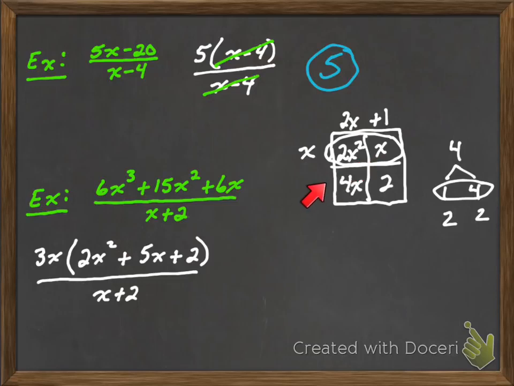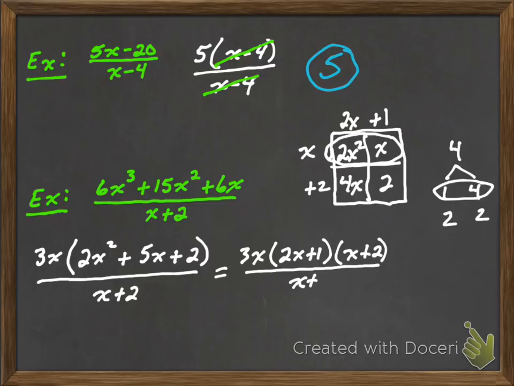And then right here, a 2 times a 2x will give us the 4x. Well, that tells us this does factor further. So this factors down to 3 times x times 2x plus 1 times x plus 2